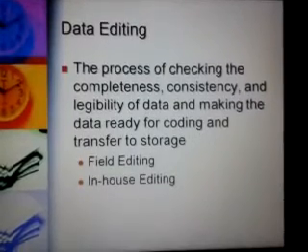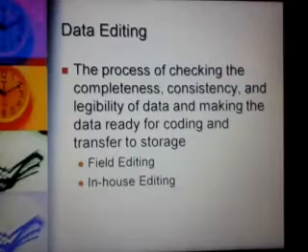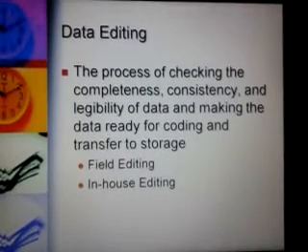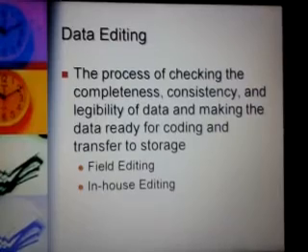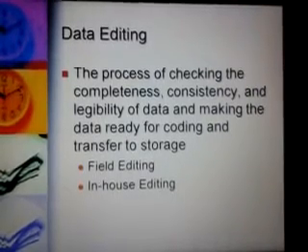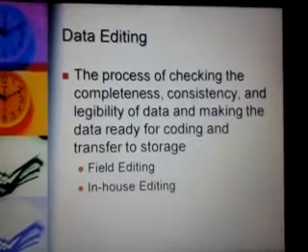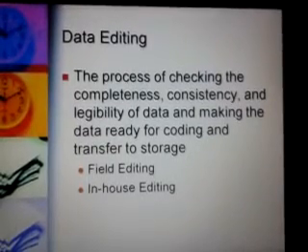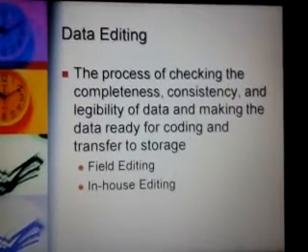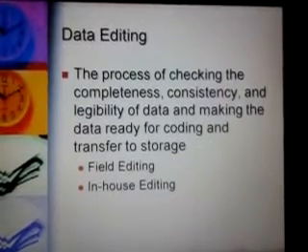But sometimes we see that almost all or many of the questionnaires have some fields or some data that is missing. So we cannot remove all the questionnaires from our record. So we need to decide what would be done for the missing data. So we need to define certain rules for missing data.